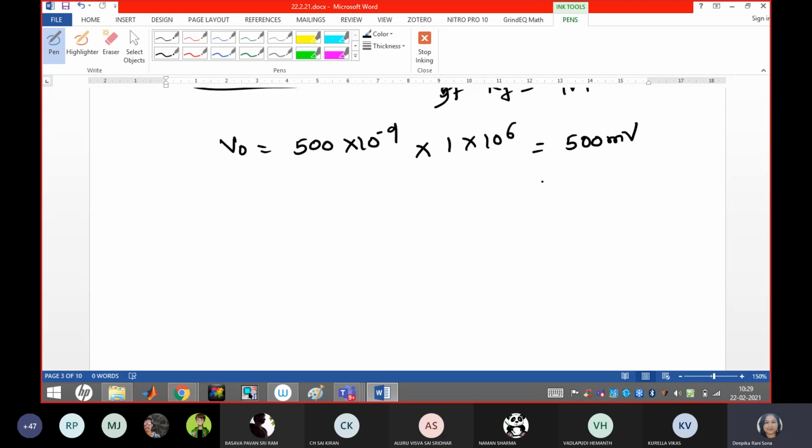And one more thing you have learned, as I told: without the presence of input, the output is showing some value, or we can say the output is driven to 500 millivolt with zero input because of the bias current. So to amplify a low level of signal, suppose in the millivolt or nanovolt range, or 0.5 volt, it is unacceptable. So this effect can be compensated by using R comp.